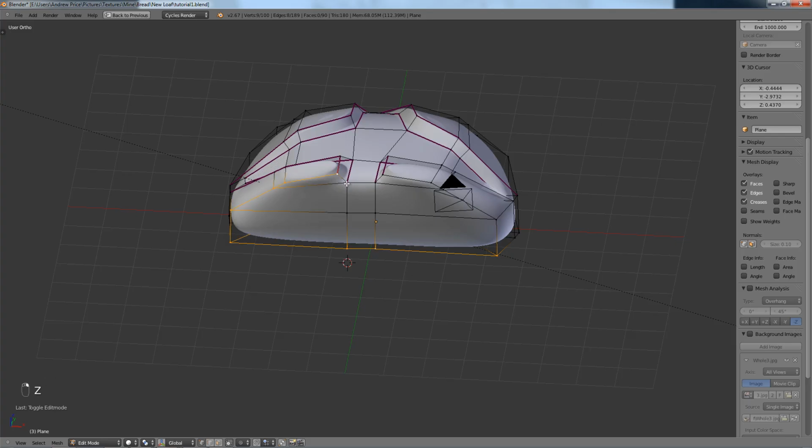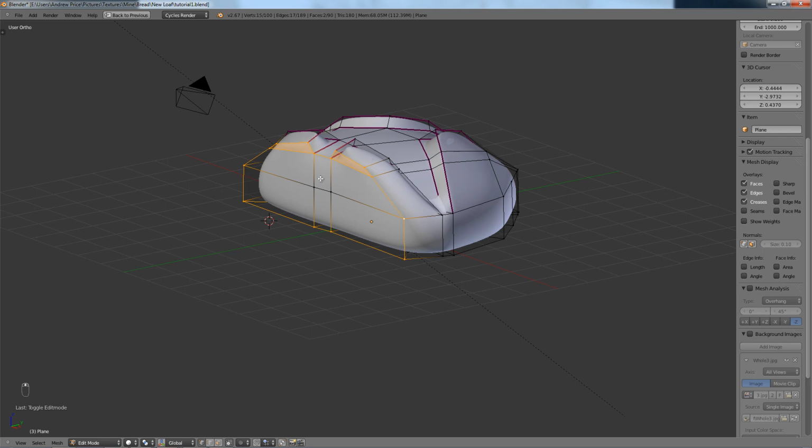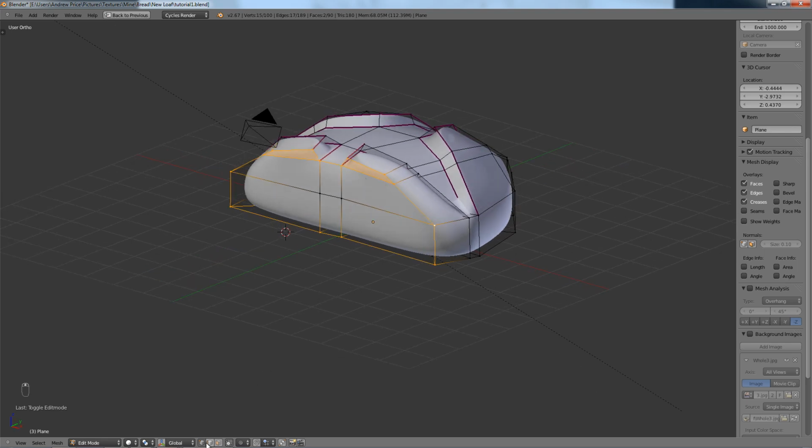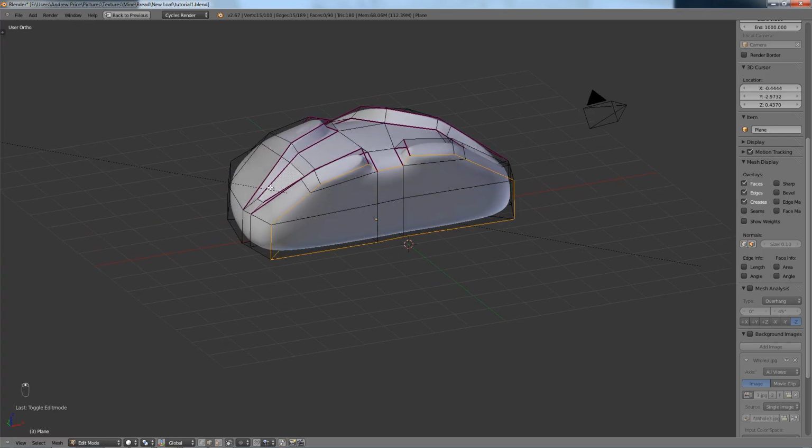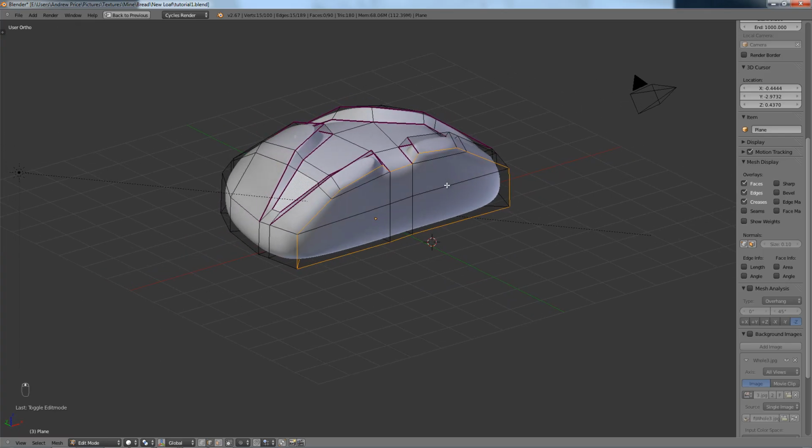bit of a crease to it, because currently it looks very smooth. It looks like it's been, I don't know, melted off or something. So go into edge select mode and just select that edge loop there. And then again, like what we did before, push Shift and then E, and then just pull outwards and you'll